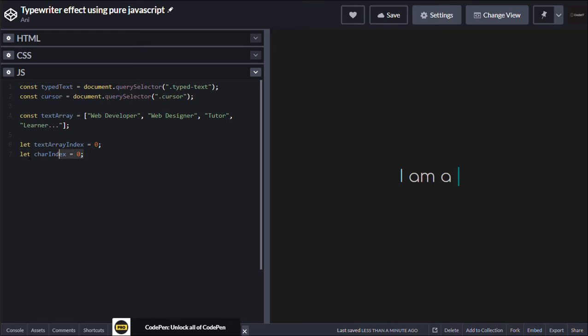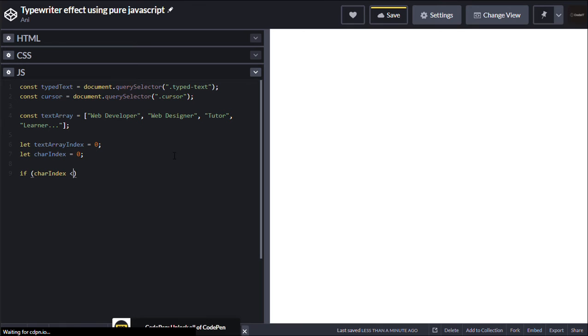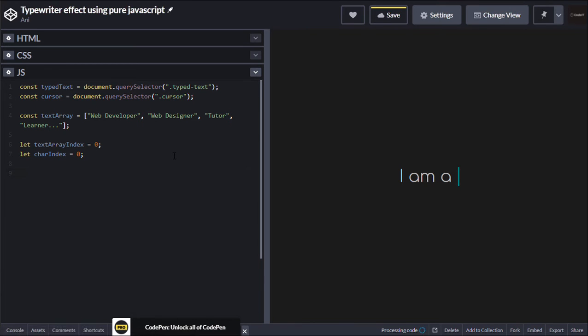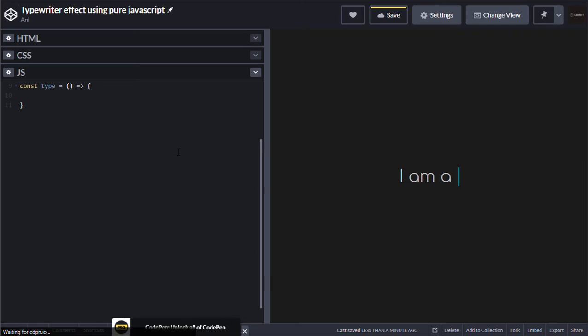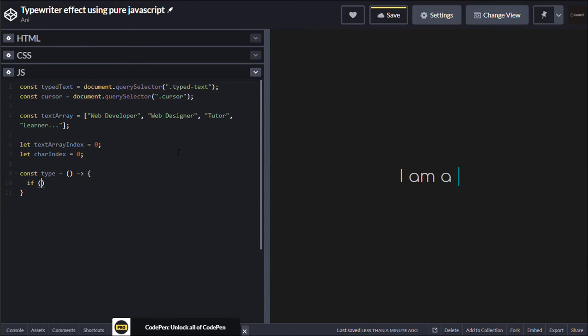So for that we'll use this char index. Okay, so you'll know it if text if char index. First we have to declare this in a function, and the function would be type. const type, if char index is less than or equal to text array